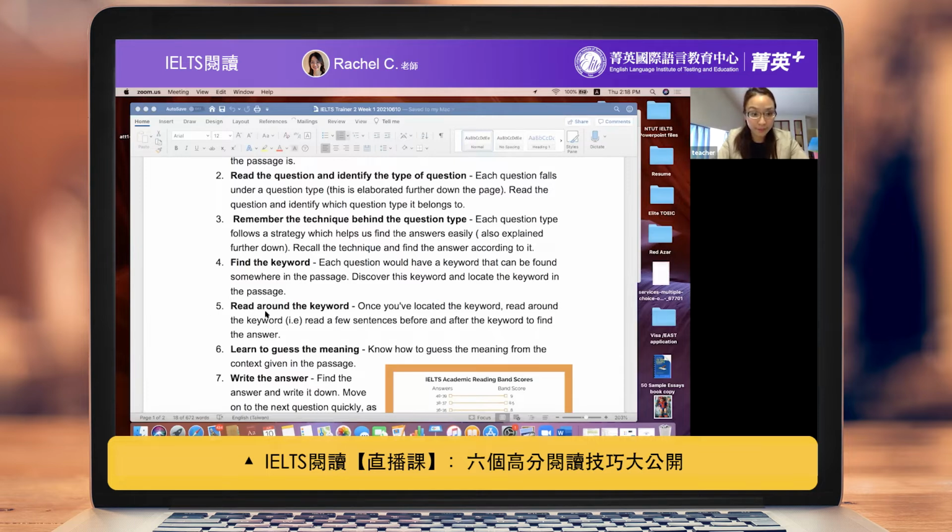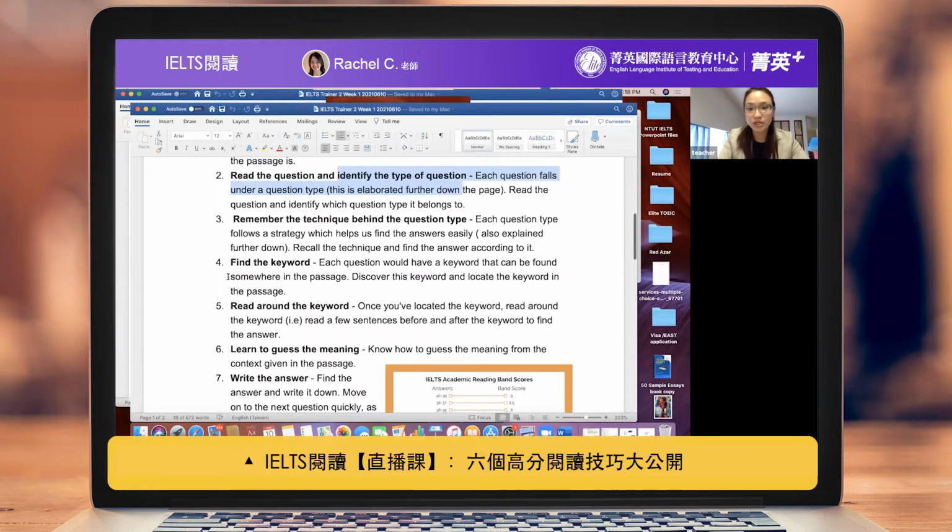Okay, let's see. And then step 4 is to find the keywords, which is right exactly here. Each question will have a keyword that you should find out, or I will call it an indicator. An indicator is a word that helps you find out what a word really means. For example,